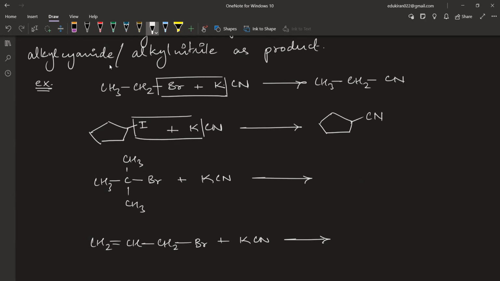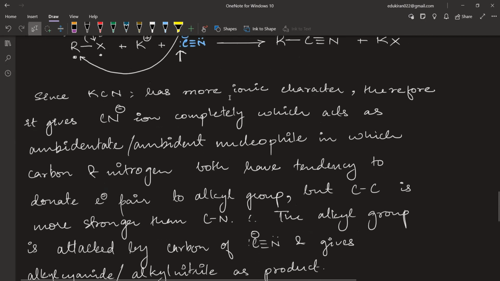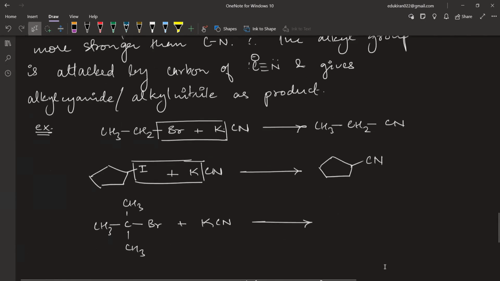The notes can be as dirty, मतलब जितना भी आप गंदा बना सकते हैं, इसमें कोई दिक्कत नहीं. But after that you have to make a short note always. So जो short notes हैं वो साफ होने चाहिए. So in the short notes you will not write all the explanations like this, right? अब जैसे short note पे आपके पास ये explanation नहीं आएगा, since KCN has more ionic character, इतना लंबा तो नहीं दिखेगा short note में.